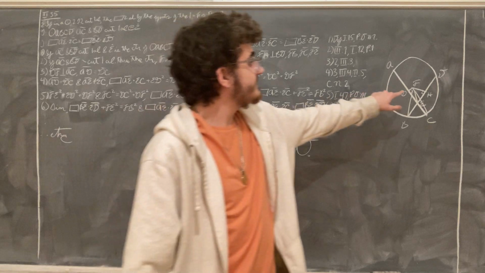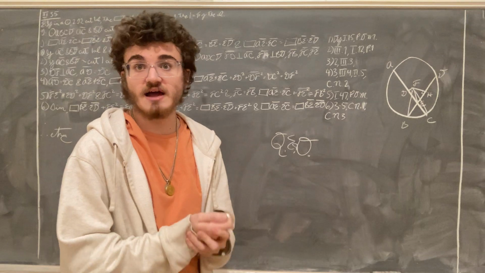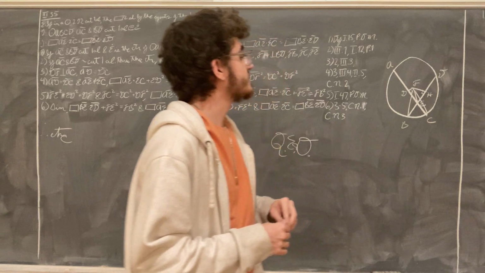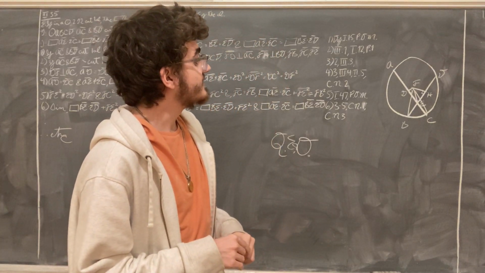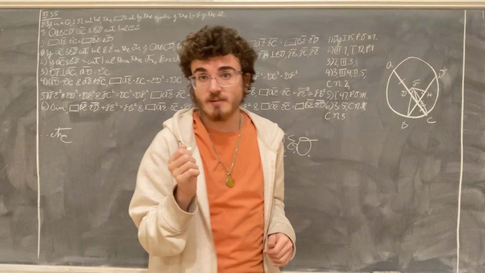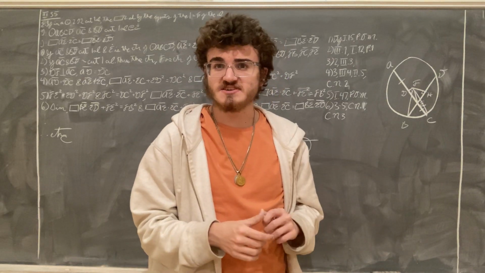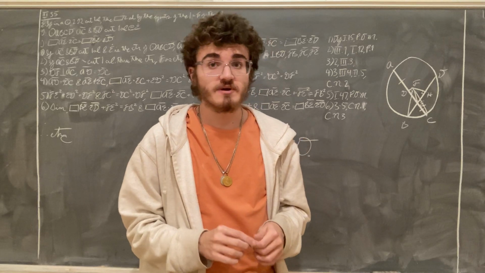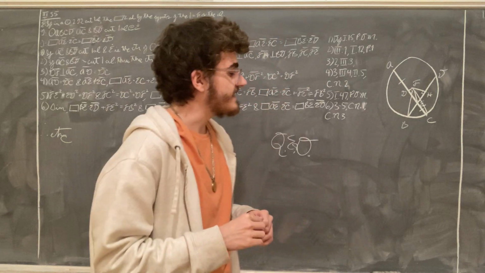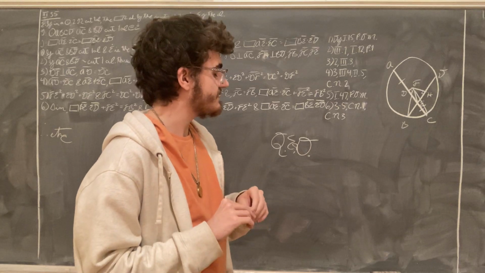Now, because FG is coming from the center and falling upon a straight line not through the center, namely AC, at right angles, we know that FG also bisects the straight line AC. So we can say that AG is equal to GC. This is proposition 3.3. Now, from the proposition after that one, proposition 3.4, we know that if two straight lines not through the center cut one another, they won't bisect each other. And that would tell us that the straight line AE is not equal to the straight line EC,